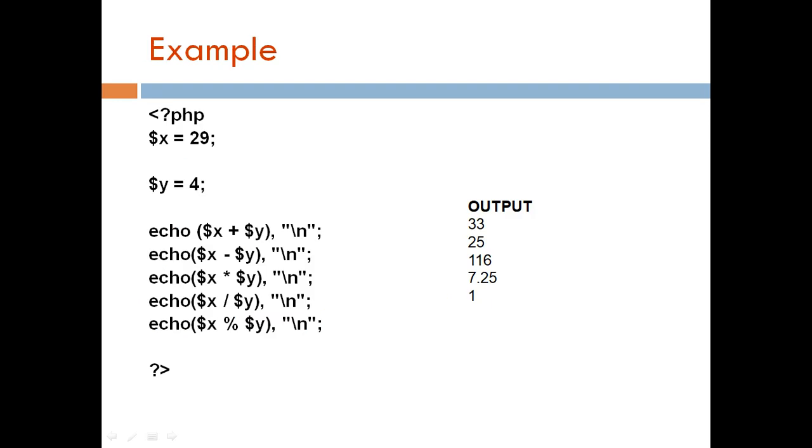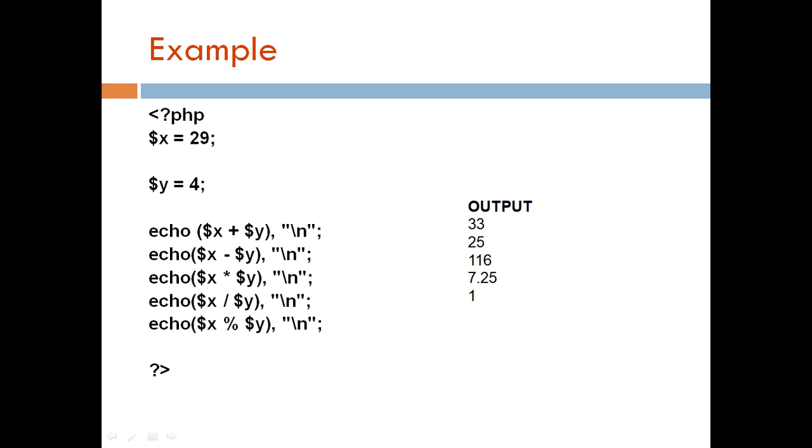So in this case, let us go through the program. Two values are taken, x equal to 29 and y equal to 4. So x plus y takes the values assigned to x and y because we are using the dollar symbol. So 29 and 4 are taken in the place of these two variables. So 29 plus 4 is 33. Similarly here, this backslash n is for a new line, so that our next output will be on the next line. 29 minus 4 is 25. Next, 29 into 4 is 116. 29 divided by 4 is 7.25.